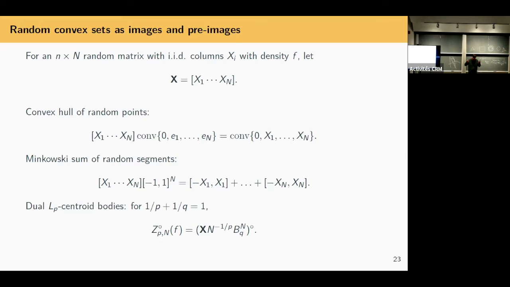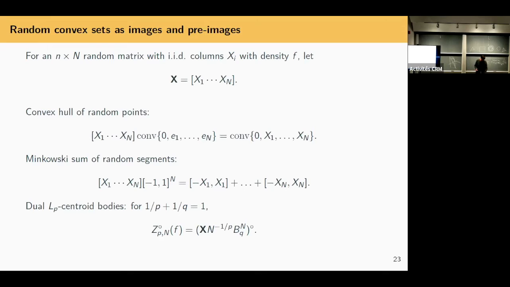Minus 1, 1, that's a sum of linear combinations of segments. So I can start to reinterpret the operations you saw involving convex hulls and Minkowski sums of segments as linear images. You lift, hit this body with a random matrix, right? And that generates your random set. These things can act on LP spaces, and I can take their polars.